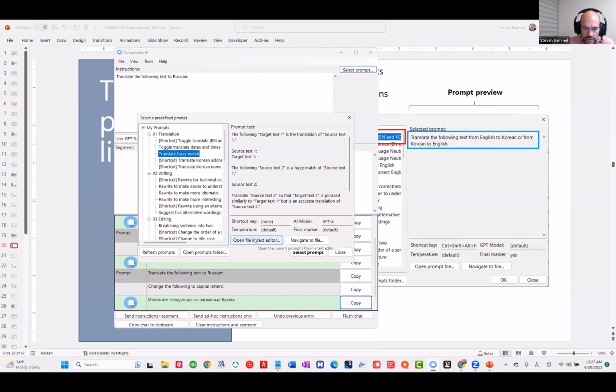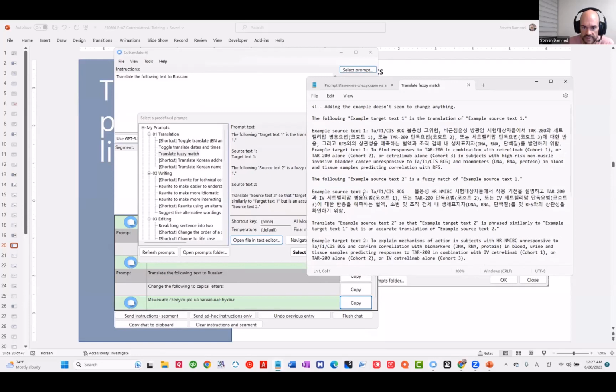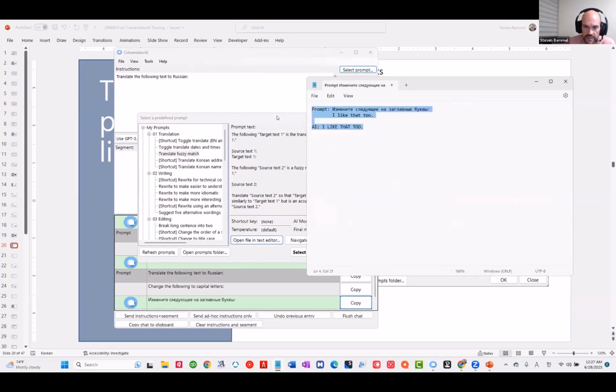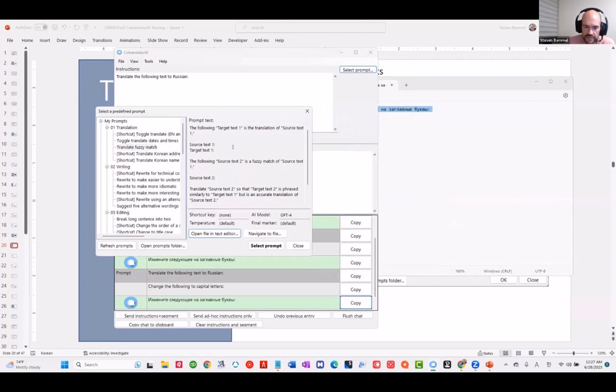But okay, so you can open the file in a text editor. All right, let me open that. All right, hold on. It opened it up in Notepad. So that's what the whole thing looks like. All right, so these prompts are just text files. That's all they are, is text files in a